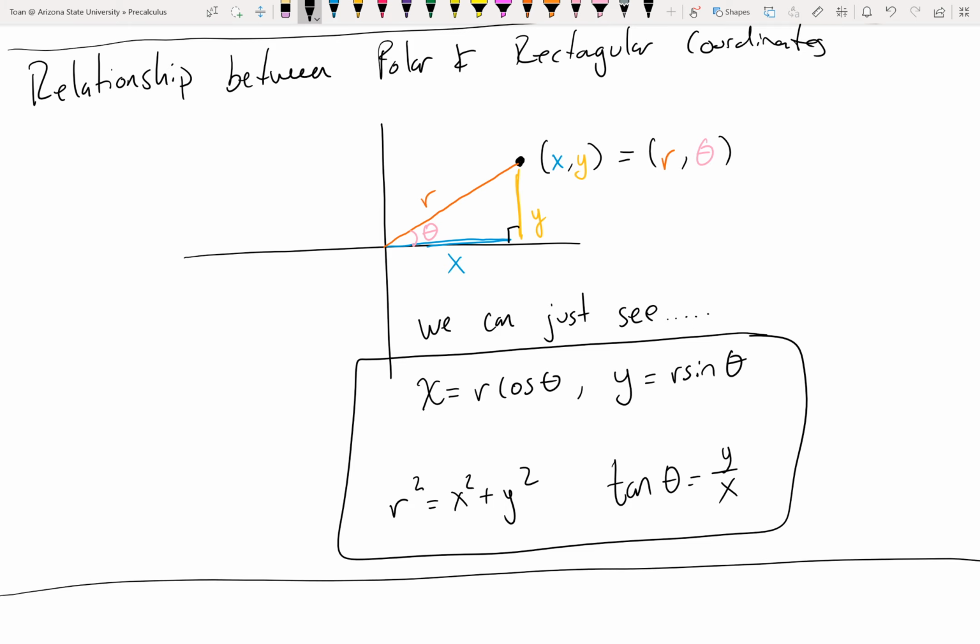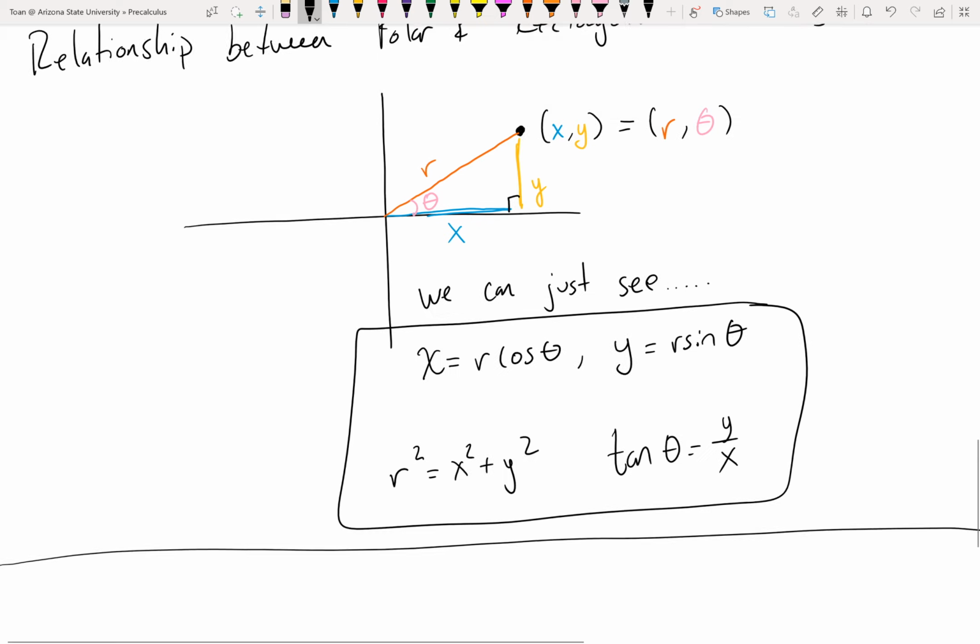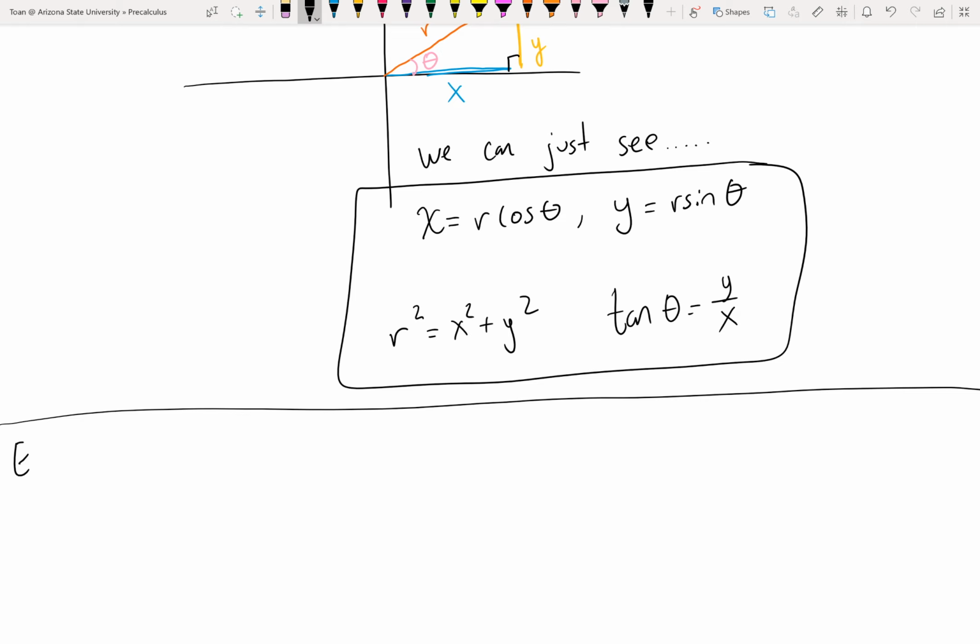Again, these formulas aren't anything new. We've developed these equations before back in Unit 5 and 6. We're just applying it to the context of polar and rectangular coordinates. So with this in mind, it should be seemingly effortless to convert points. Right? So if I asked you to convert (4, 2 pi thirds) into rectangular coordinates,